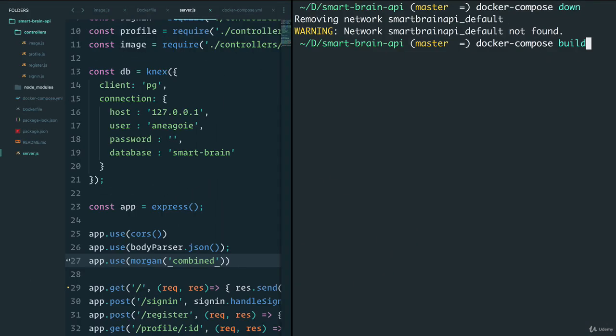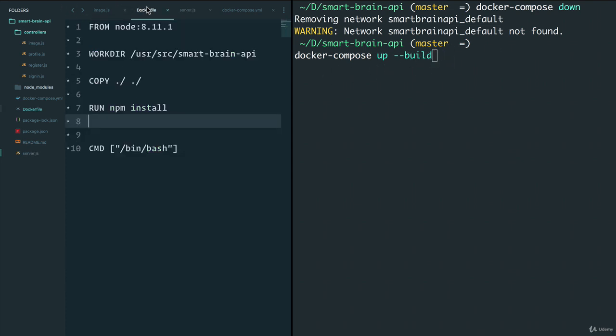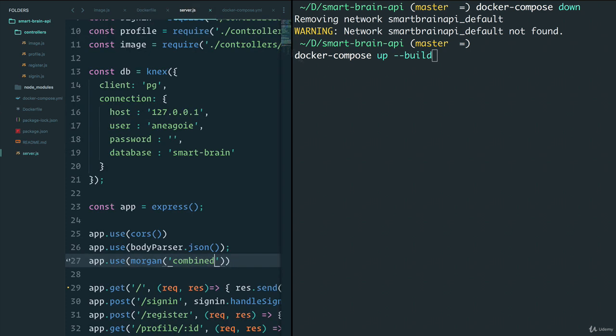This is getting annoying, building and putting everything up. We can actually run docker-compose up --build to bring up the container. You only have to do build at the beginning, to build and run npm install and everything that we've done in the Dockerfile. Afterwards, you can just keep running docker-compose up. So if I run this,